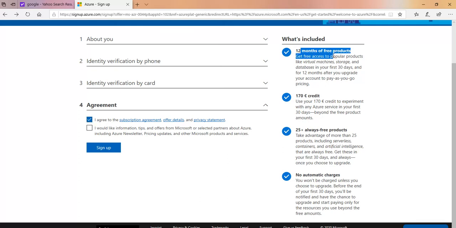It's 12 months of free products, 170 euro credit, which is $200, and of course 25 plus free products and no automatic charges. Of course, I am in Europe, that's why it's showing me the amount in euros. You will see here $200 maybe. And of course, if you are UK based, you will see here some pounds, maybe 150 pounds or something. Anyways, click sign up,